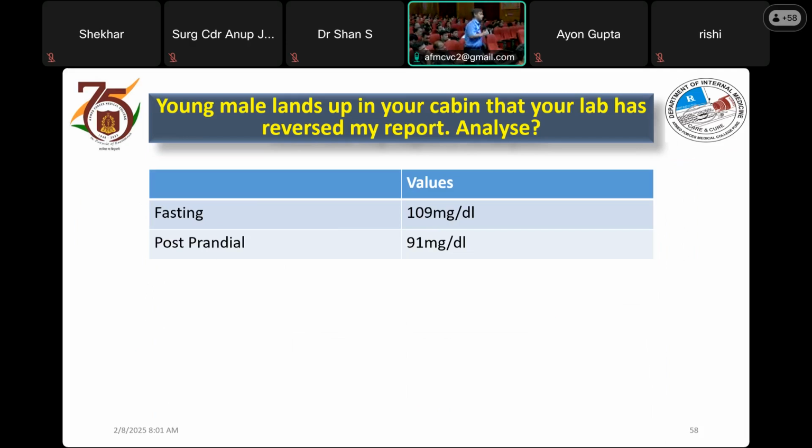So basically, this is a very common scenario which we encounter in OPD practice, where patients walk in with such an abnormality and say that the report is wrong, but actually it is always genuine. In fact, 109 is still low. A patient can come with 115, 120 with a normal post 2 hour and say my report has been reversed. Why does it happen? Because of increased hepatic organ-specific insulin resistance, and there is increased gluconeogenesis. Another explanation is that these patients have impaired